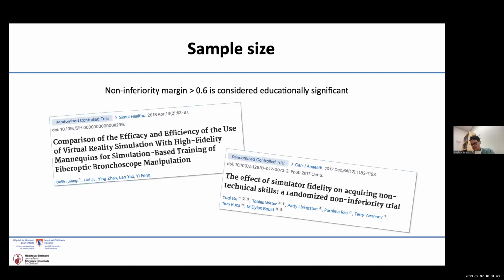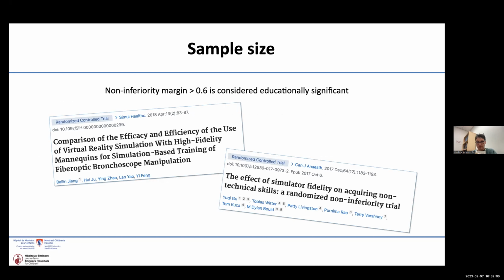Sample size. This is a non-inferiority study, which means that we are expecting the study group to be equal or superior to our gold standard or control group. So how do we define a similar outcome between the groups? Well, there are a few studies that did that, and basically, if you take the Ottawa GRS